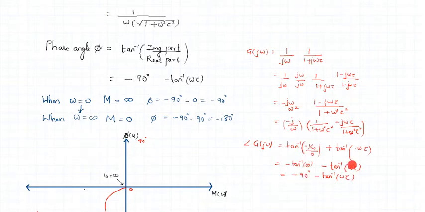What about the second term? When we take the ratio of the imaginary part by real part, we get tan inverse of minus omega tau. And this minus sign taken outside, we get the final phase equation as minus 90 degrees minus tan inverse omega tau. So that is what we have obtained here. This is the phase. Now, as discussed at the start with the definition of polar plot, we plot the magnitude and phase by varying the frequency from 0 to infinity.